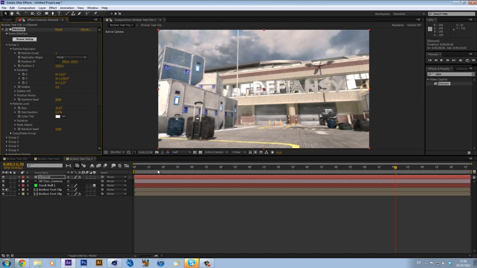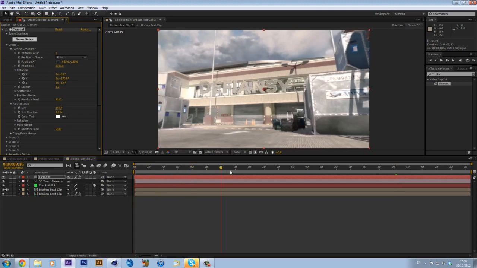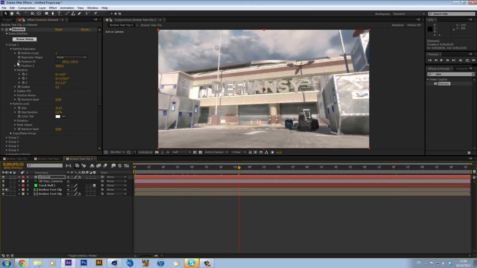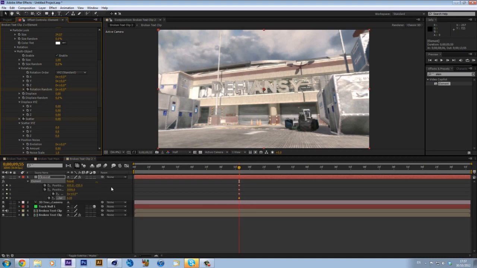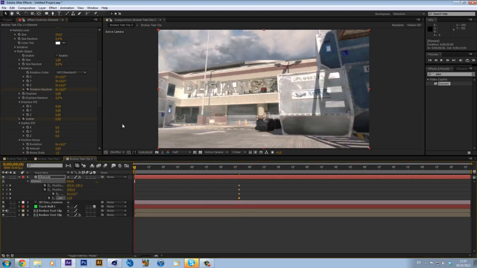Now what we can do is go a bit forward, and we can keyframe all the things we keyframed the last time. That's position X and Y, position Z, wind again. Make sure multi-object is enabled, because this is going to allow us to change all the individual pieces. Keyframe random rotation, and also the scatter. Collapse this up, tidy it up, press U, and now what we can do is turn up the random rotation